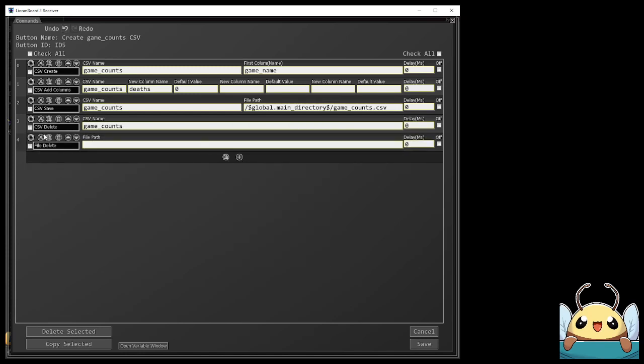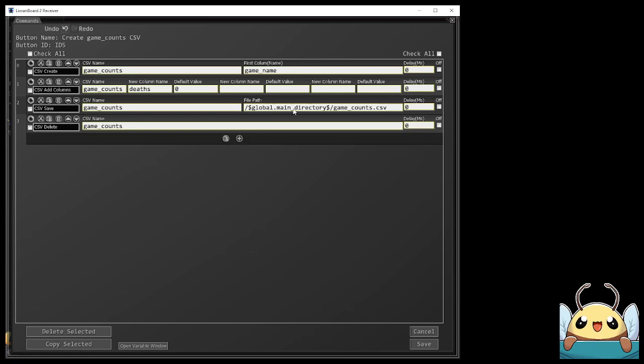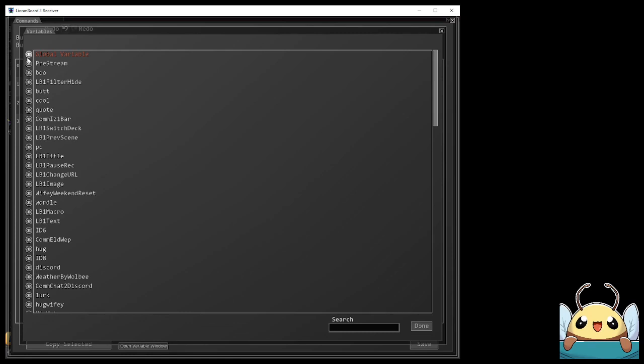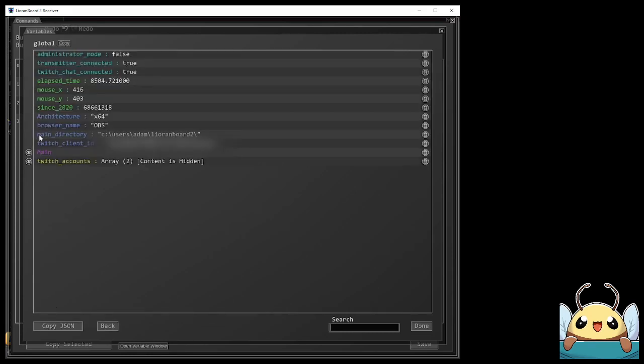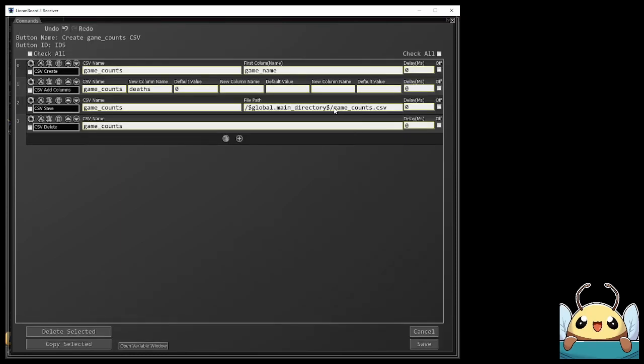To show you what I mean by the main directory global variable, if you open your variable window and click global variable, you can see here the main_directory, and that includes the file path with the final slash at the end. That's why there doesn't need to be another slash here. If you wanted to put it inside a folder, you'd put the folder name here, and then you'd put the slash, and that will save it to a folder inside the main LioranBoard folder. We're not going to do that, so I'm just going to click cancel,